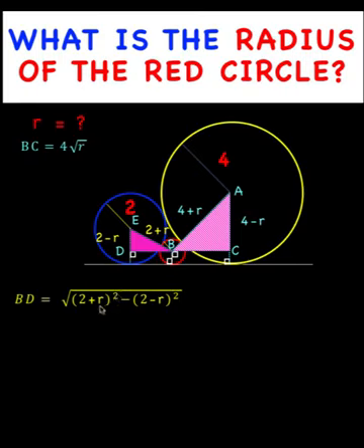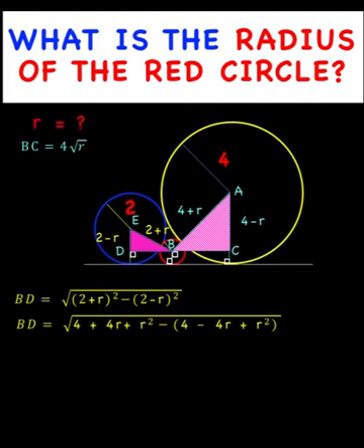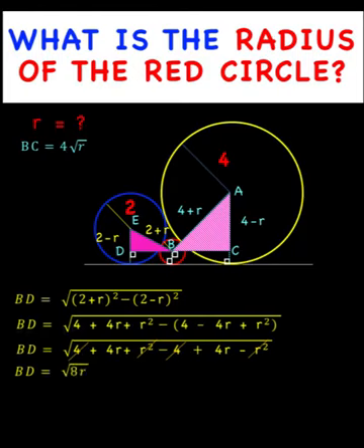So the hypotenuse is 2 plus r, the length of one of the legs is 2 minus r, and we get the difference of their squares. Then expanding the corresponding squares of binomials, we arrive at this, and removing the grouping symbol, we arrive at this, and combining like terms, we have the square root of 8r for the length of BD, which is simplified as